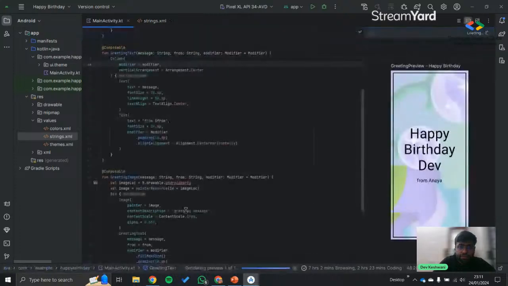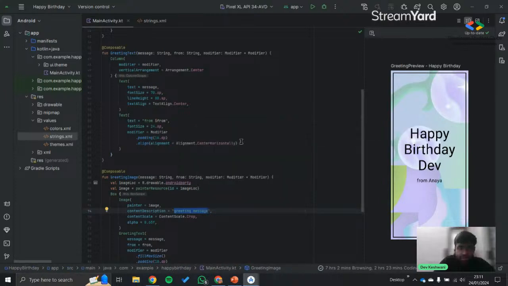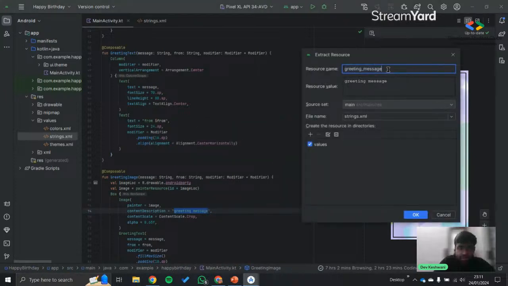And how to do this easily? You just select this, right click, show context actions. Now you can extract the string resource, a function which lets me extract the resource and avoid hard-coded strings in the code. If I click this,